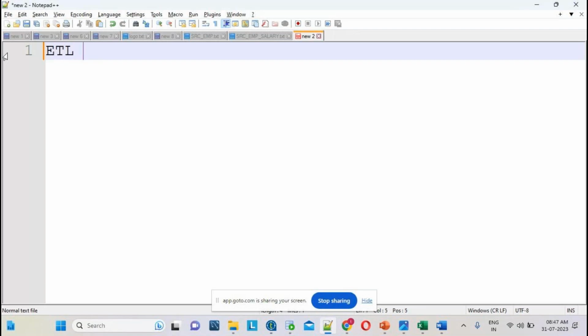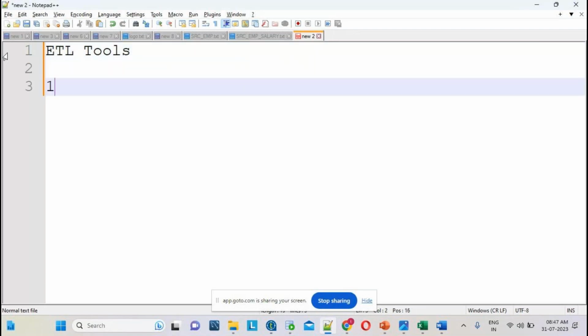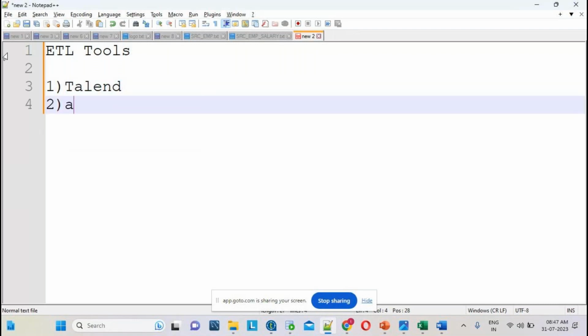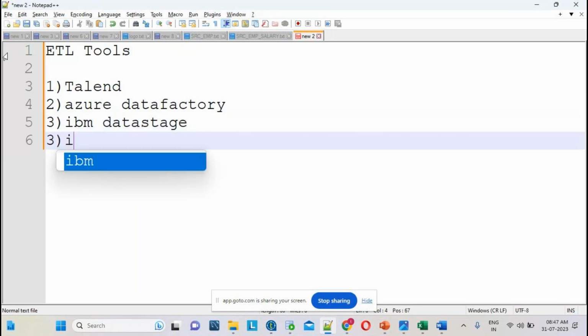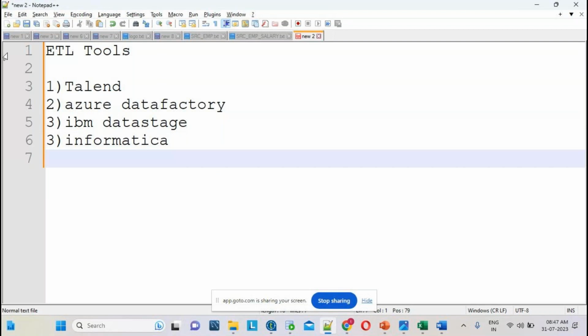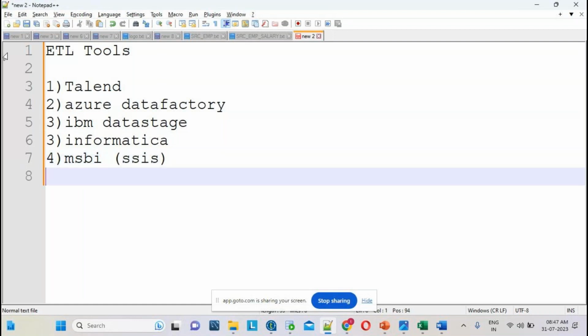There are n number of ETL tools in the market: Talend, Azure Data Factory, IBM DataStage, Informatica, then MSBI, in which SSIS will come, along with Ab Initio. Multiple tools are there, guys.